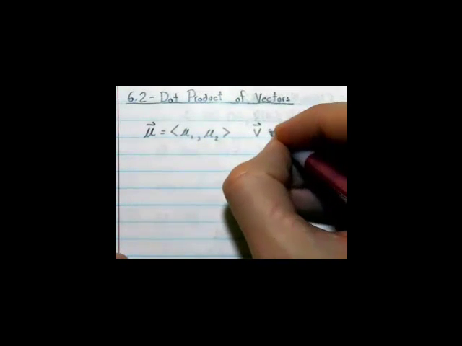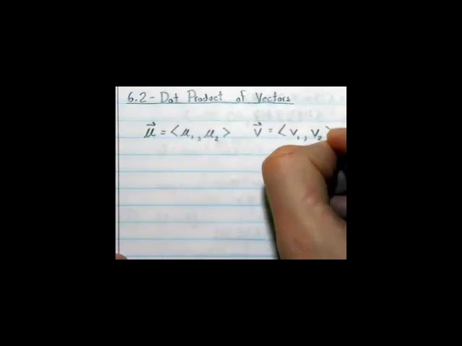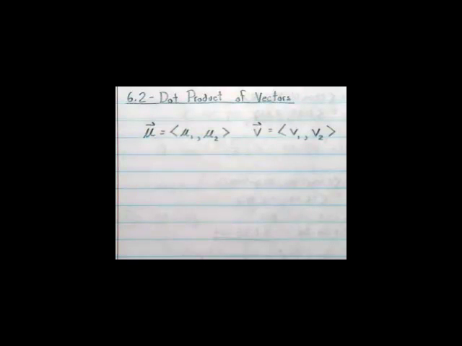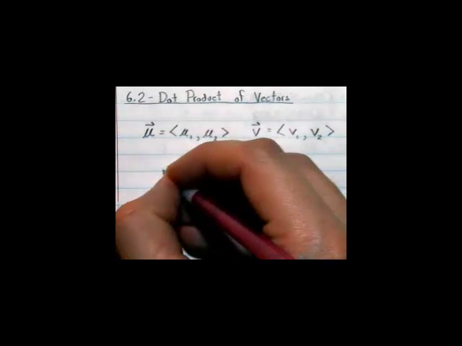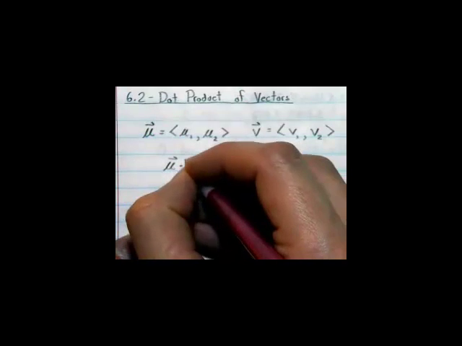Let's say we have vector v, which has components v1 and v2. Let's say I want to multiply those 2 vectors together using the dot product. So here's the process that one would take to do that. So the vector u times the vector